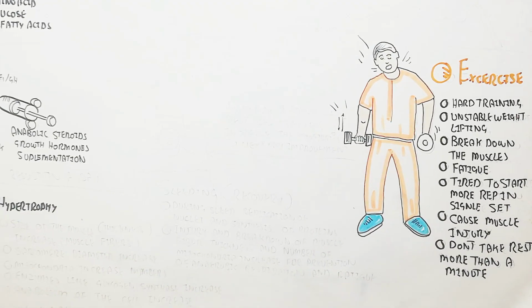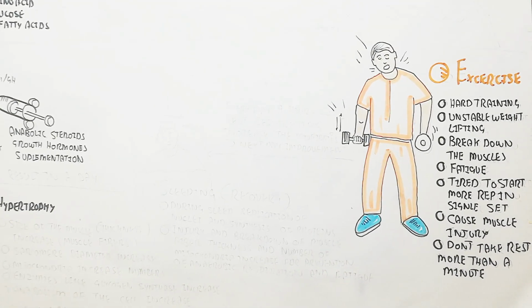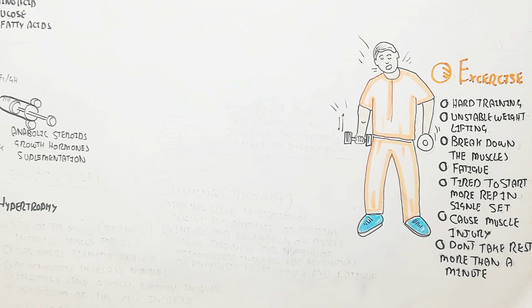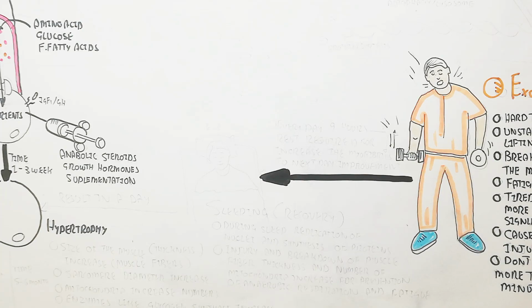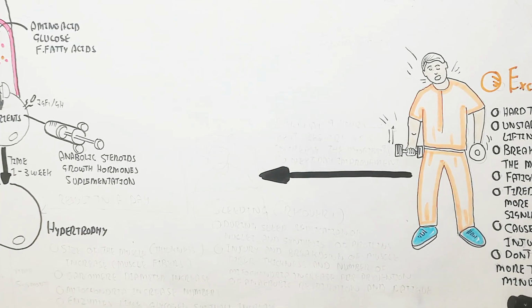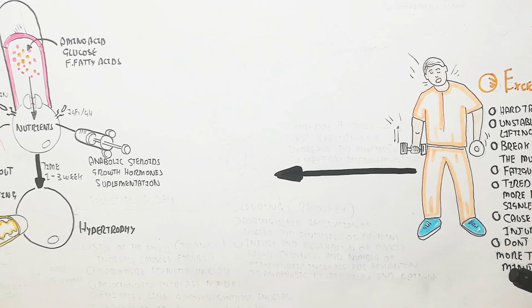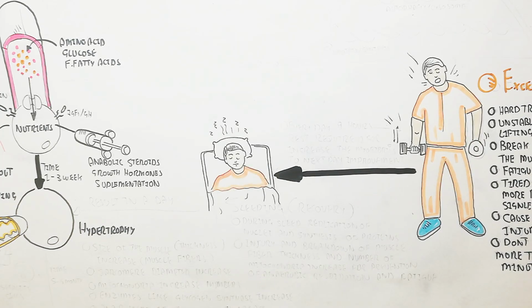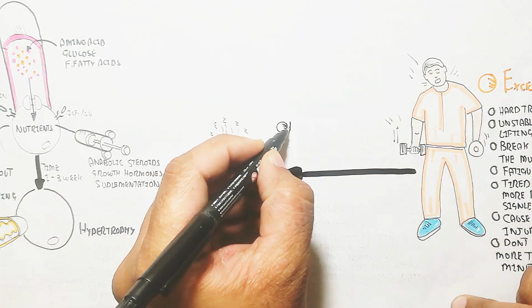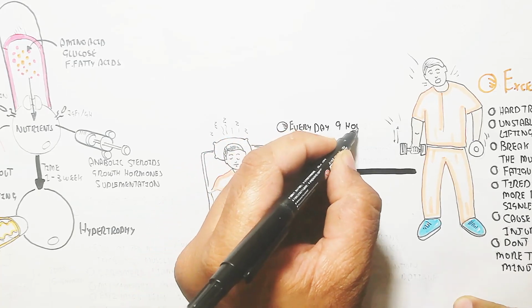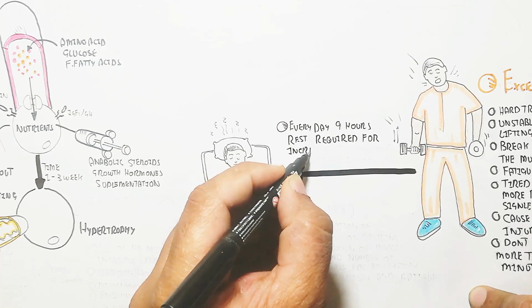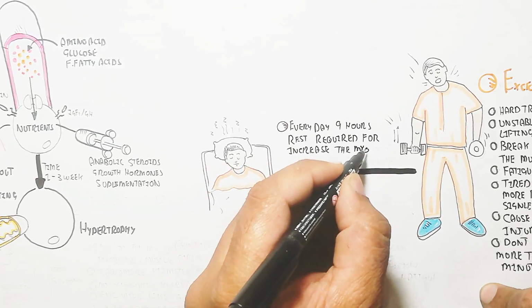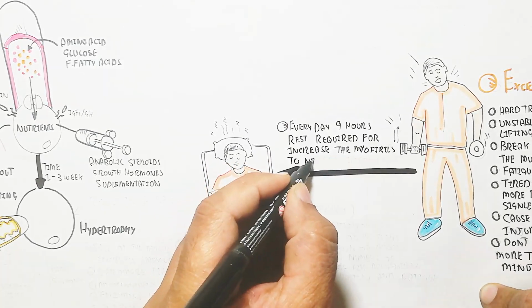These are all hypertrophic factors, and every day after this exercise, sleep is required. Sleep is the best hypertrophic factor. Remember this: sleep will trigger more hypertrophy. It is known as recovery, or rest. Every day, 9 hours of rest is required to increase the myofibrils for improvement the next day.